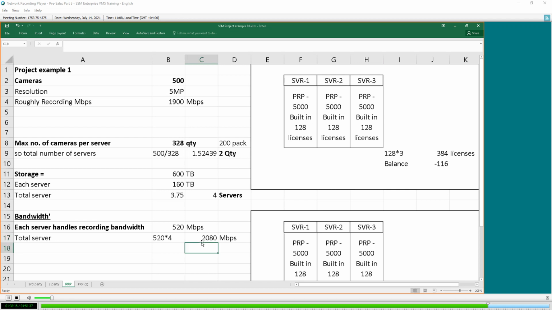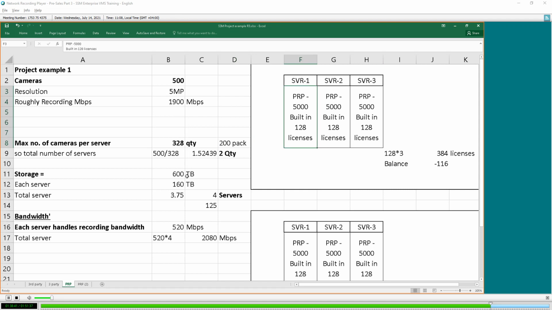I mean you have to take the highest side, because if you buy two server, you can only put 2 into 160 terabyte, only 320, but I need 600 terabyte. So in that case, I still need four servers. Okay, if I need four servers for 500 camera, I don't have to go for 200 pack. It doesn't make sense. I just go with built-in 128 license.